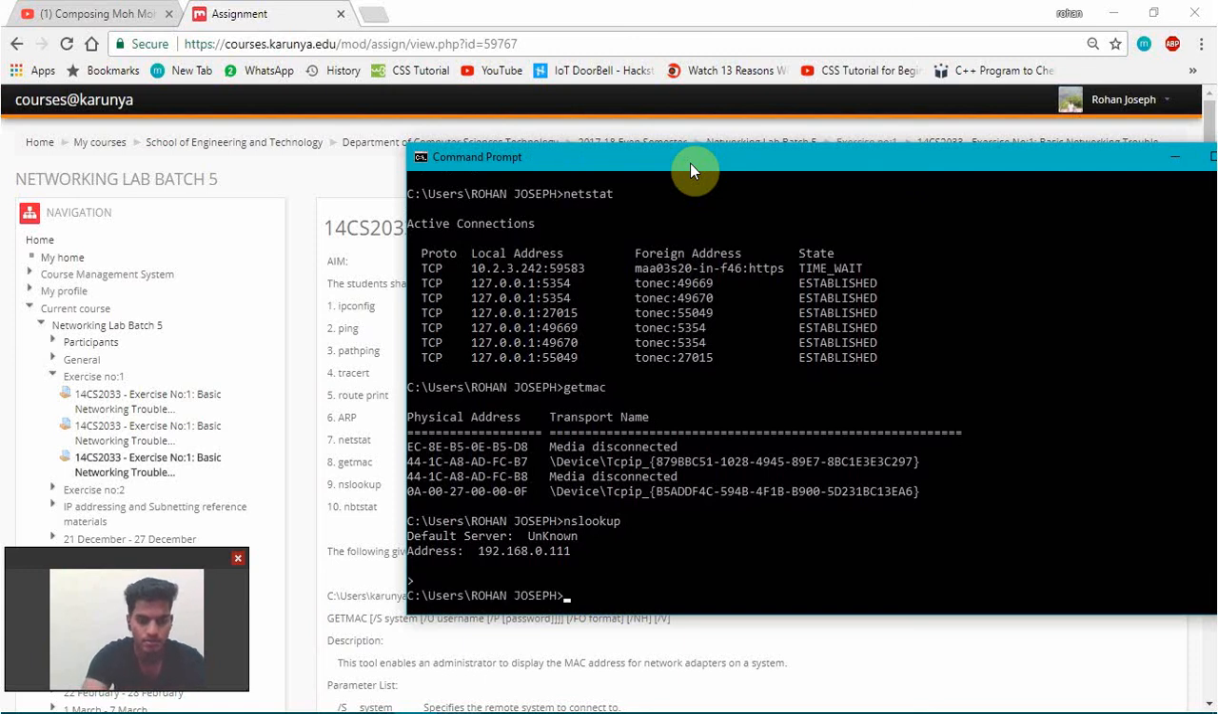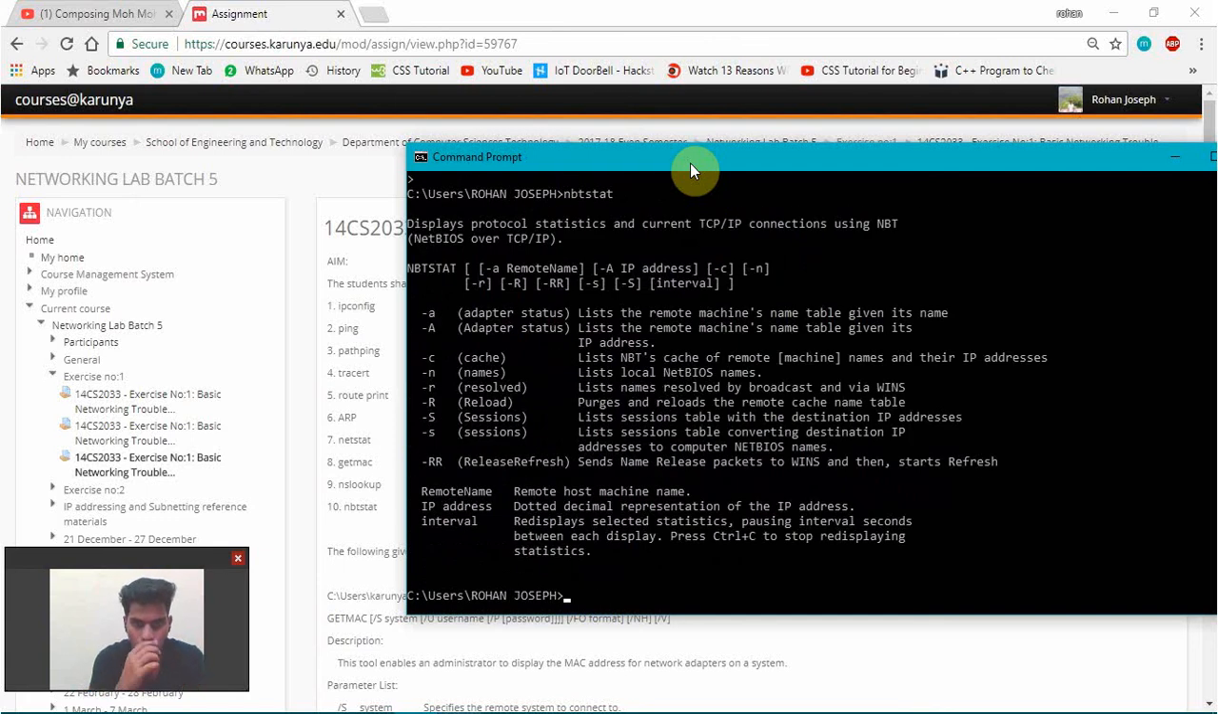And next we have nbtstat. So this displays all the NetBIOS information that you have, so they can configure anything about NetBIOS in this particular